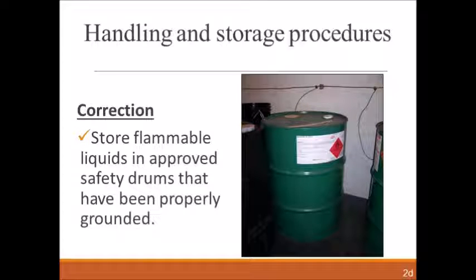Drums should be connected to a grounding system. This eliminates static electrical buildup when dispensing from the drum. If your plant does not have a drum storage room, drums should be stored in a safety cabinet. They are available in sizes to hold drums vertically or